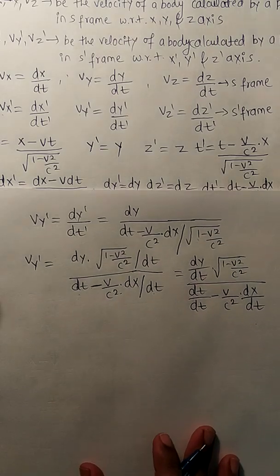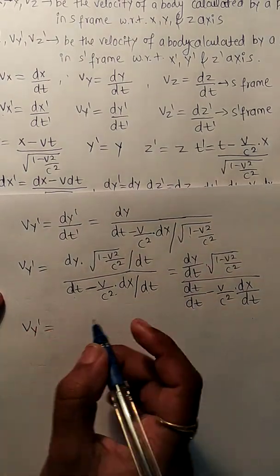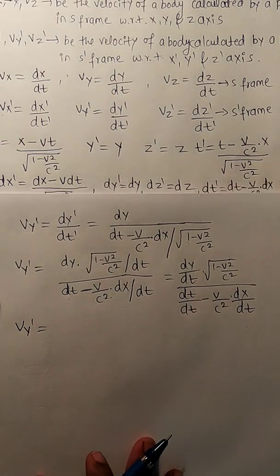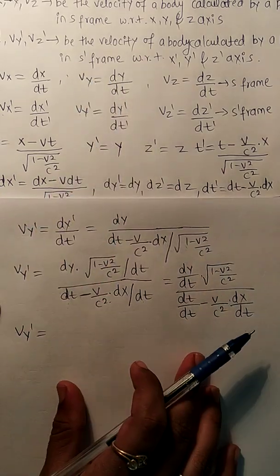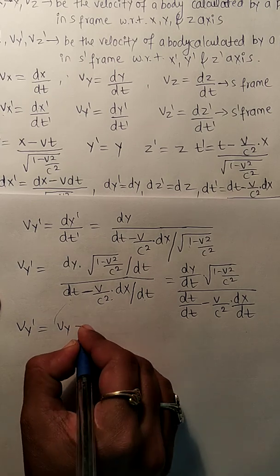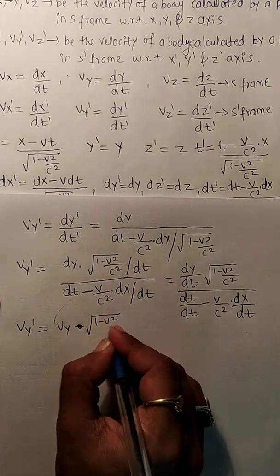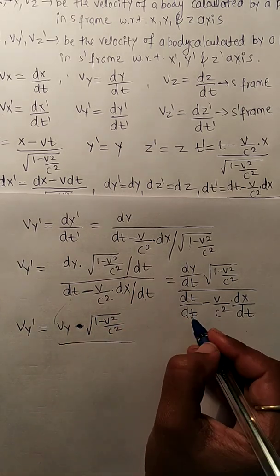We got the equation. Now this one we will write: φy dash is equal to dy dash by dt dash. What is the value of dy by dt? The value of dy by dt is nothing but φy. So dy by dt is φy into square root of 1 minus v square by c square, divided by, again dt gets cancelled,